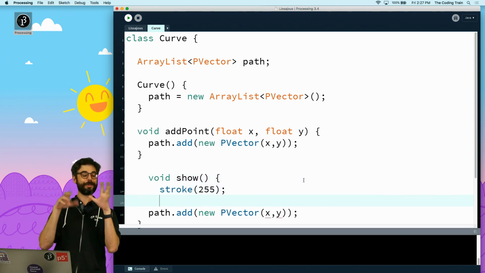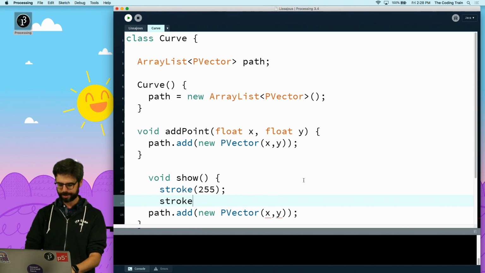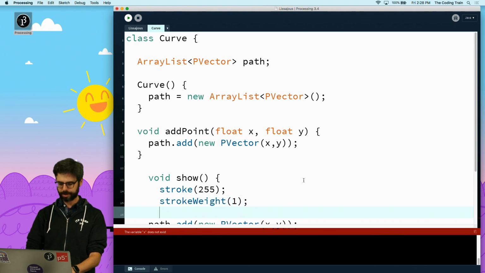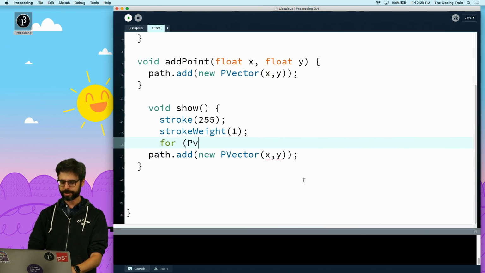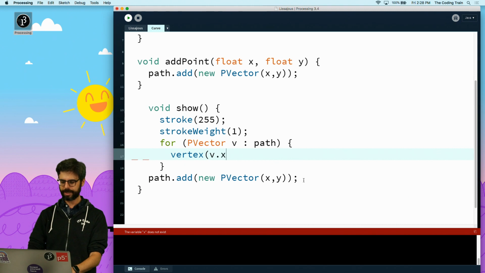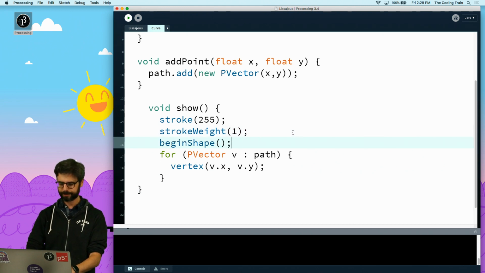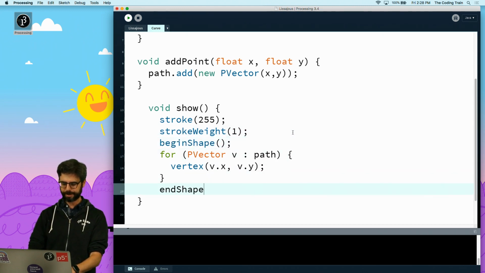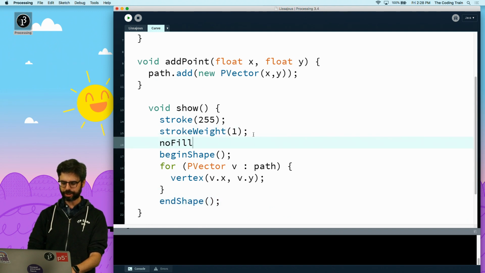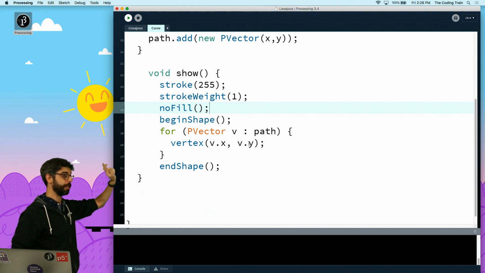And you should be clever and thoughtful about color and fill and all sorts of pretty different ways of doing this. Stroke weight 1. And then I'm going to say for every, and this is a nice way of doing an enhanced loop in Java, vector in the path, set a vertex, v.x, v.y. This little bit of code right here is no longer relevant. And what am I saying? Begin shape, end shape, and no fill. So this is actually me drawing the path as a shape using all of the vertices.